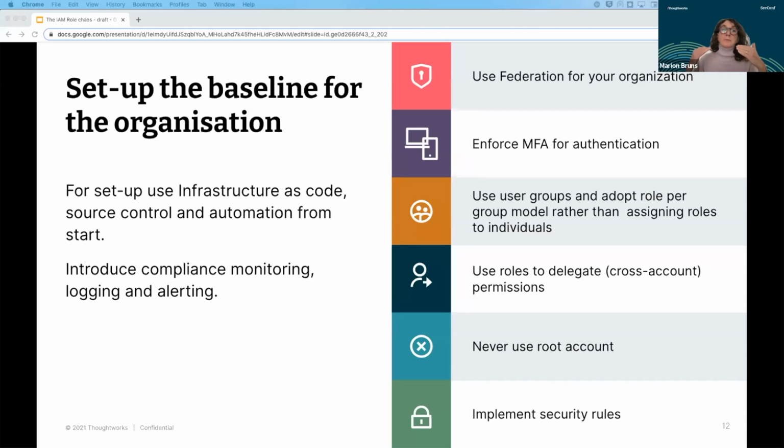I put some very important steps here, but of course there's a lot more things you need to do. But the top first thing is use federation for your organization. Part of identity and access management is authentication, and it is really a good practice to use federation in your organization and implement single sign-on. So no user should be able to directly log into the cloud provider console, but use SSO and assume a role. For instance, in AWS, you can integrate all kinds of providers like Okta, OneLogin, Microsoft Active Directory,